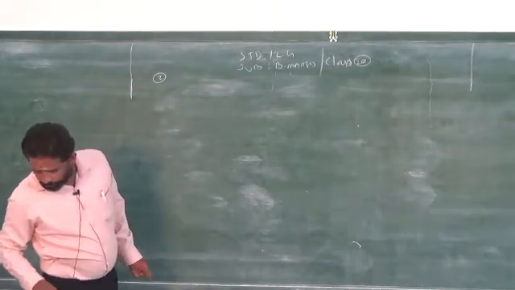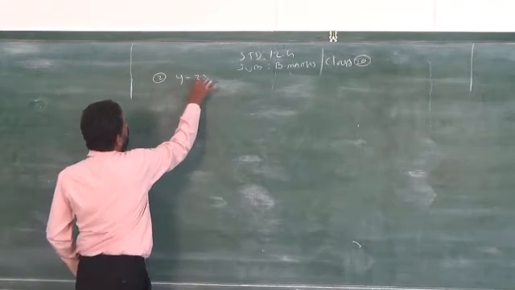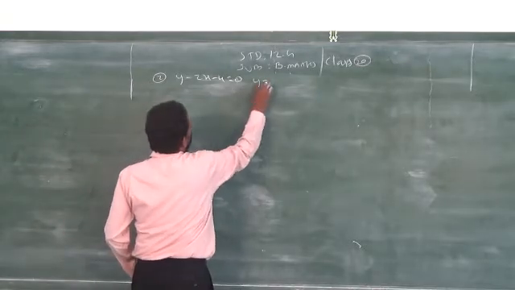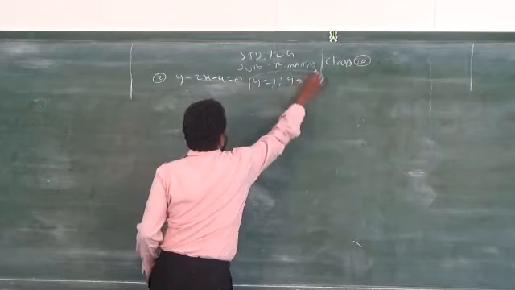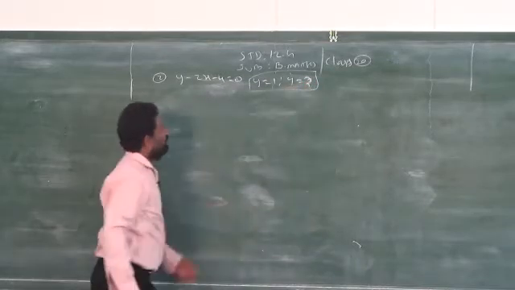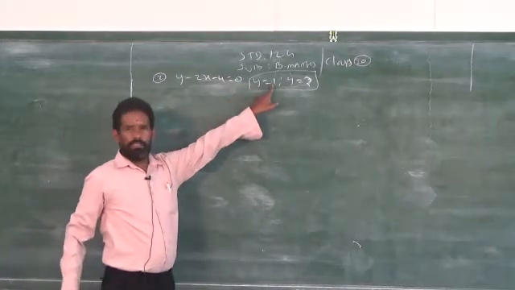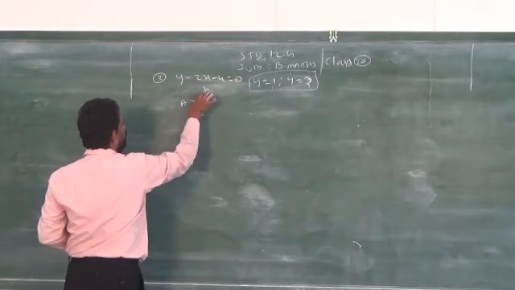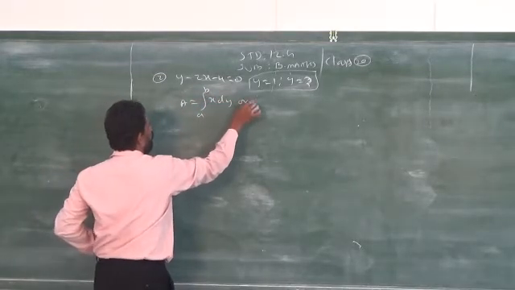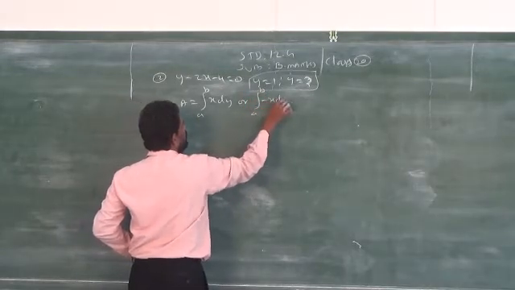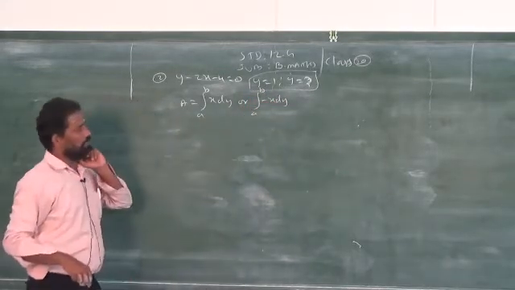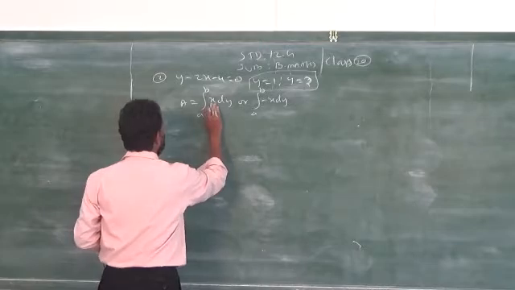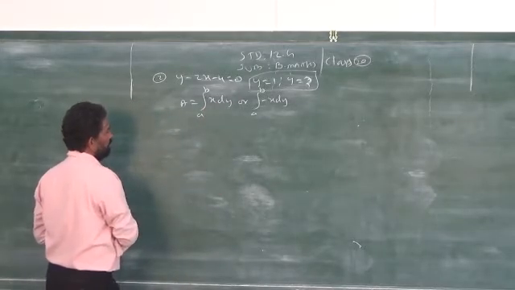You see, the straight line y minus 2x minus 4 is equal to 0. Limits are given: y is equal to 1 and y is equal to 3 on the y axis. Since limits are given for y, you have to take the formula integral from a to b of either x dy or minus x dy. Any one of these two formulas, depending upon the diagram. First you have to find out whether it lies on the right or left.